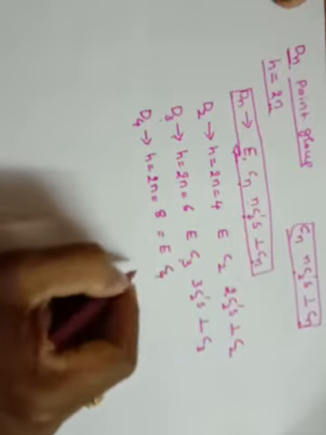Similarly, if you go for D4 point group, the total number of symmetry elements are 8. That is identity. Here in this it is C4 1. It will be having C4 2. It has C4 3. So 1, 2, 3, 4 symmetry elements, and in addition to that it has 4 C2s. Therefore altogether 8 symmetry elements are present in the D4 point group.